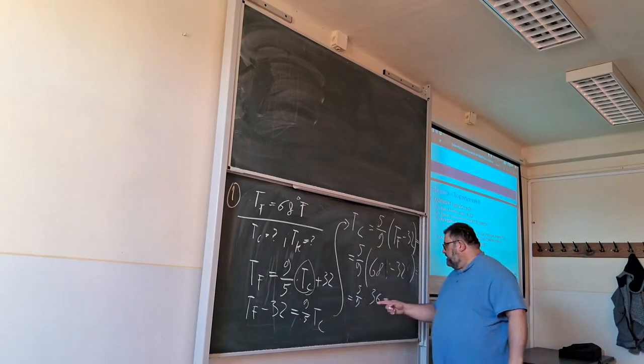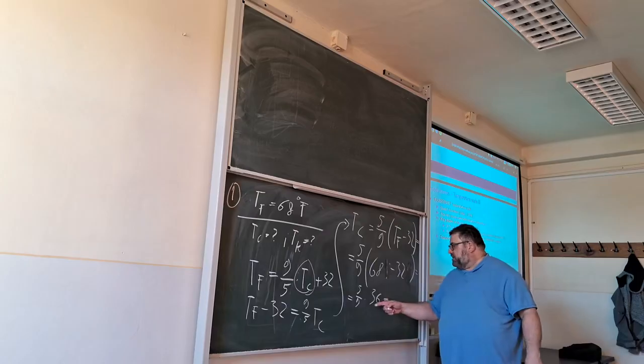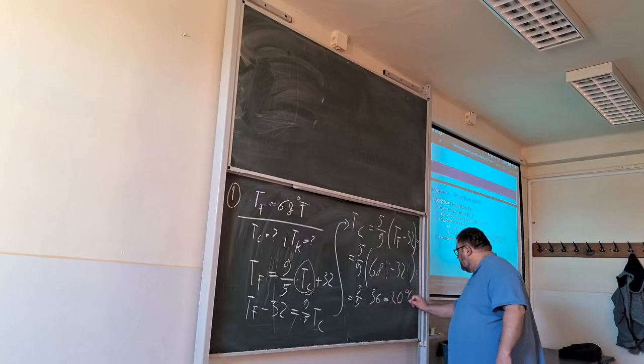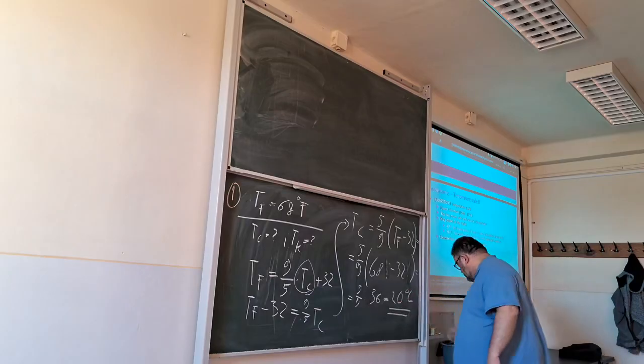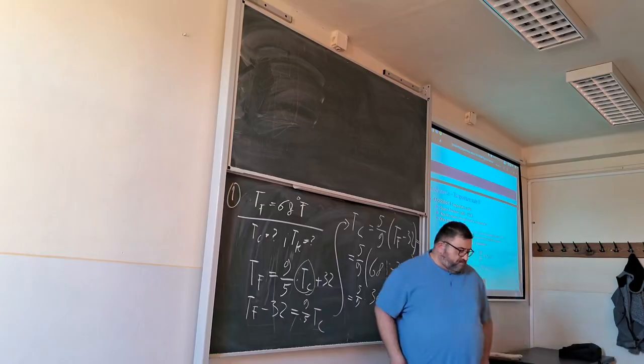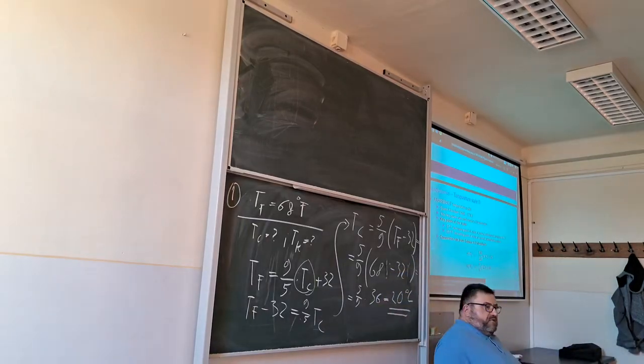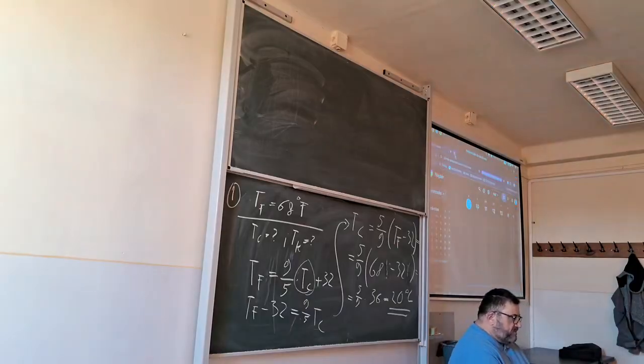So this is 4 times 9, and this is 5, so it means the result is this. I'm not sure. I unfortunately make mistakes quite frequently. So the best way to do this